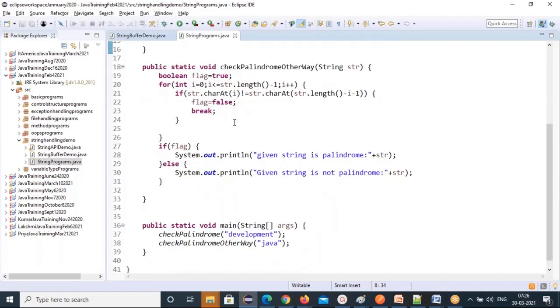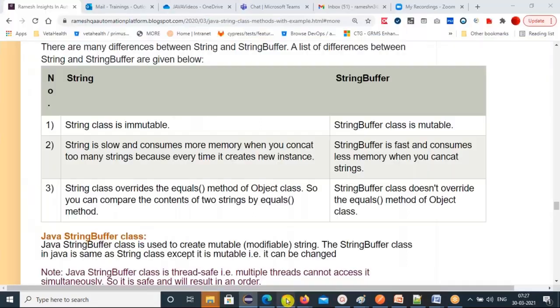So we need to check whether given two strings are anagrams or not. So what is meant by anagram? Anybody having an idea? No, sir. So anagram means the characters in the first string, you should use the same characters in the second string also, and you can reorder the characters and frame the sentence. But the length is the same in both the strings. Length should be the same.